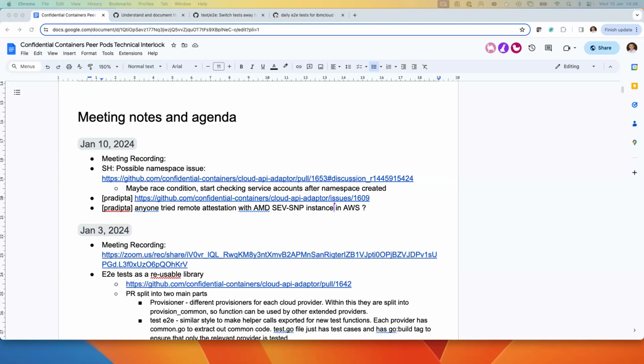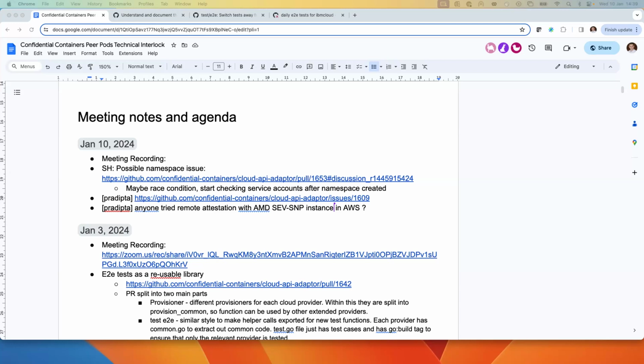So if you want to look into this, I wouldn't even start to run a full Coco setup. I would just try to run KBS and guest utilities and see whether you can get this to work.